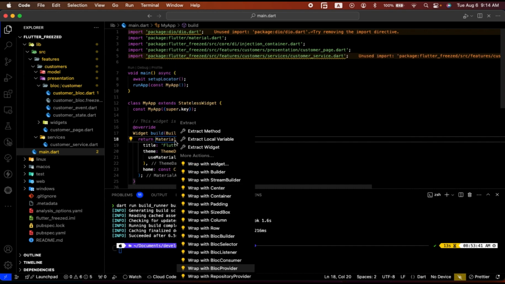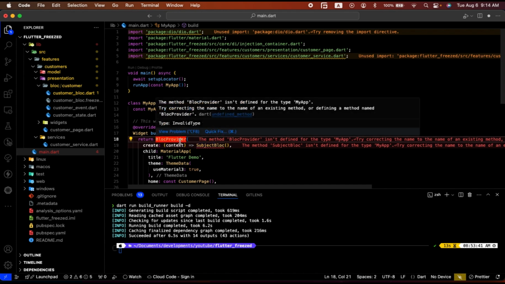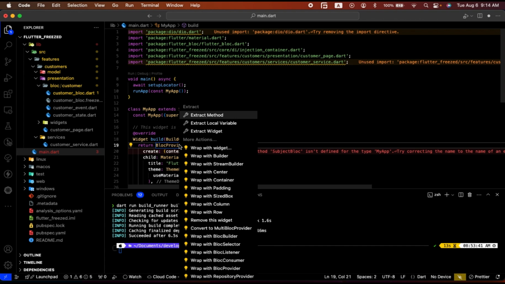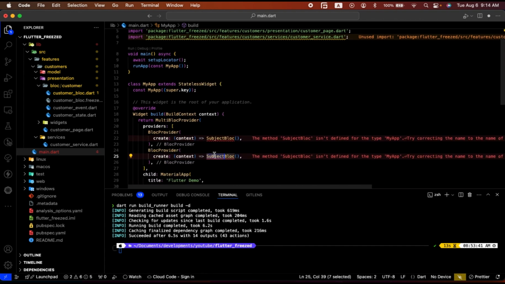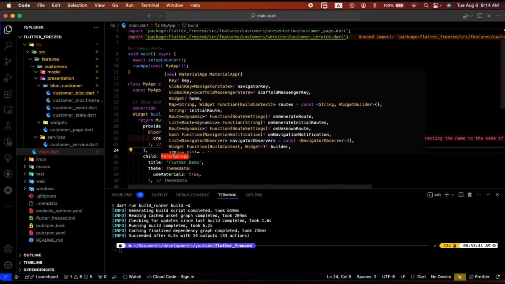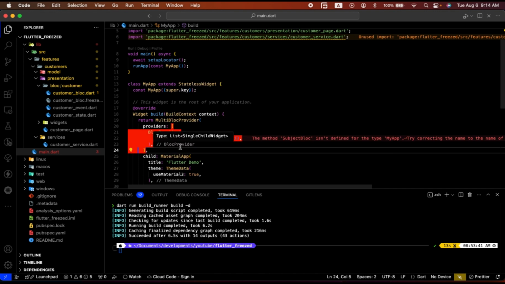In order to use a block, the customer block that we have defined, we need to wrap this material. You can wrap it inside the material app, which gives you the benefit of using it all over the app as it grows, but of course this is not recommended